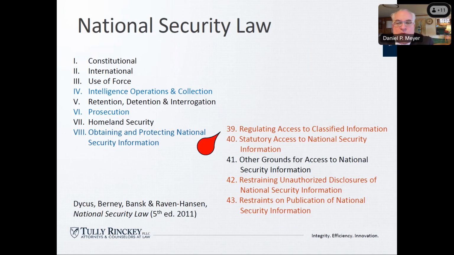So this slide I use regularly in my webinars to kind of remind people where this fits within the general world of national security law. This is the table of contents from a popular treatise that's used to teach attorneys primarily how to handle national security law issues and matters. And as you can see under number 39, it's a tiny area. So for all of the things that come up, if you're sitting, for instance, on the National Security Council, this whole area that we do webinars on with security clearances fits just within that tiny number 39 there.